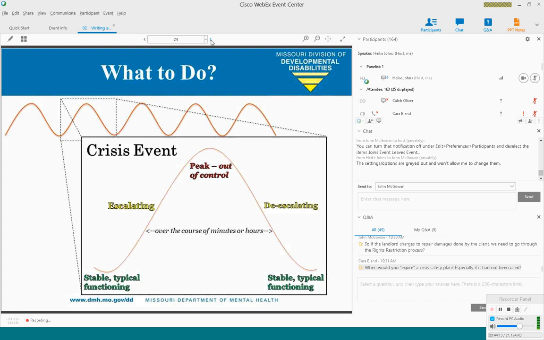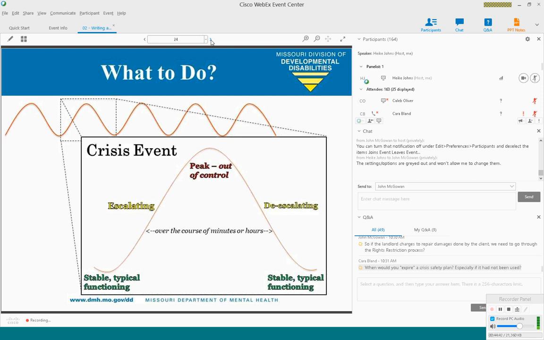When you look towards the middle of the graphic, escalating means things are getting stressful or worse for the person. They're on a path to become out of control. This is where we want to turn things around. So similarly, when things are de-escalating, they may be moving in the right direction, which is back towards the typical stable functioning, but things are still really tense and could escalate again really quickly without a lot of frequent